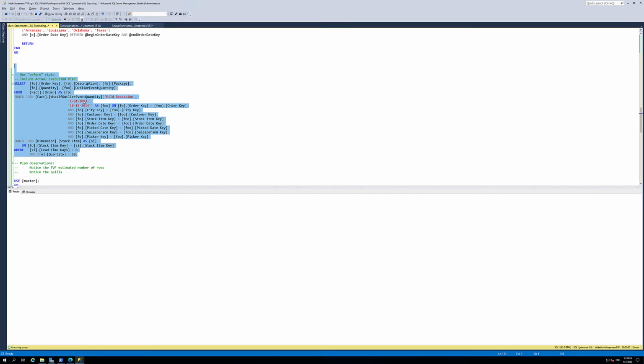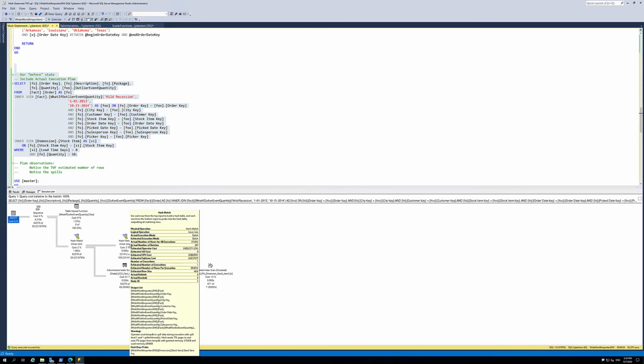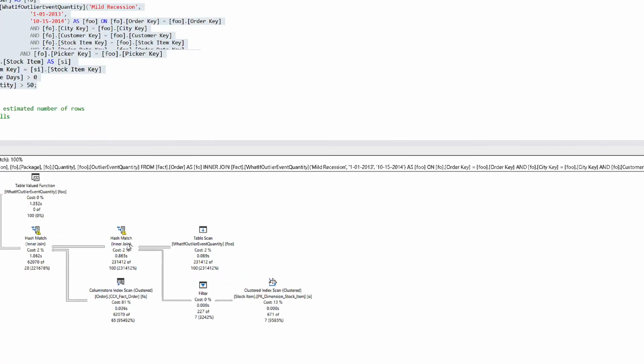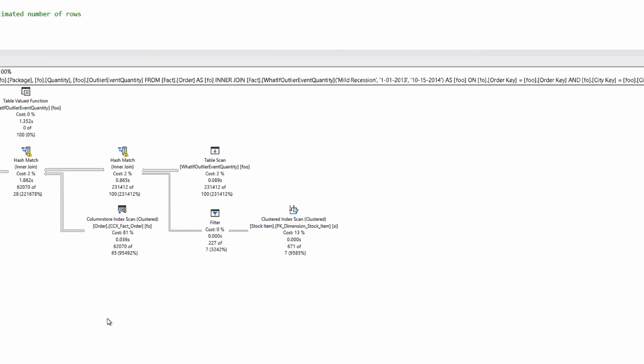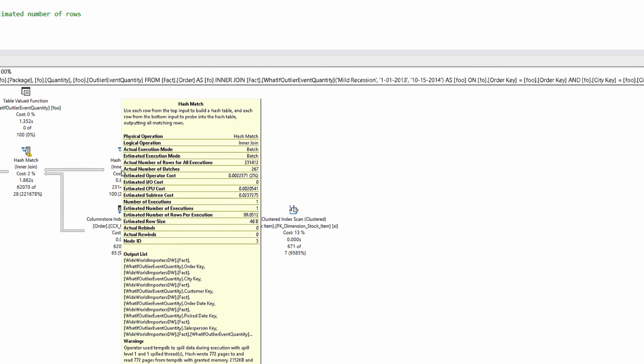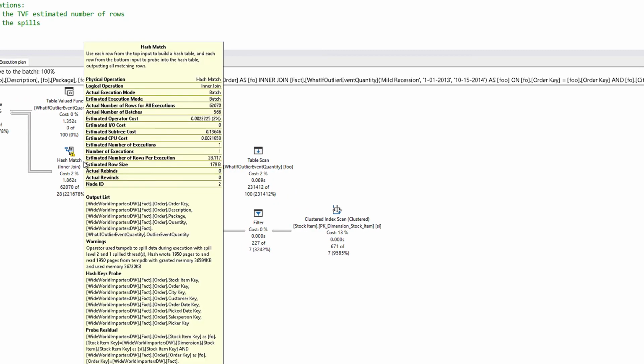And we see this is going to take a few seconds to start returning rows. The performance of this is not good, but it's not atrocious. It took about 4 seconds to run. I'll zoom in here. We can see that we have a couple of those warning arrows on our operators, which are our hash match inner joins. That means SQL Server is spilling to TempDB. Here we see that this operator wrote 772 pages and then read them from TempDB. And we see this guy wrote and read 1,950 pages. That's a decent amount of data. That's